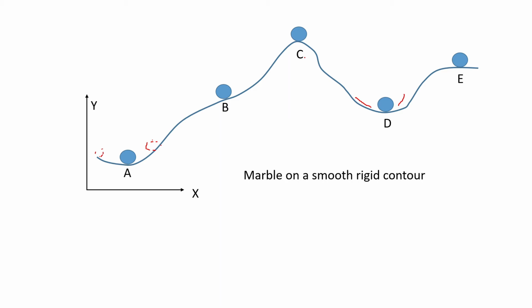Whereas if we consider points B and C, you can see that they cannot remain in this position so far. It will slip down, and for C it may slip down on either side, right? So it will not remain in the stable or equilibrium condition. Whereas for point E, it will remain at its position, in a steady one. So you can consider the position of point E as a neutral one.